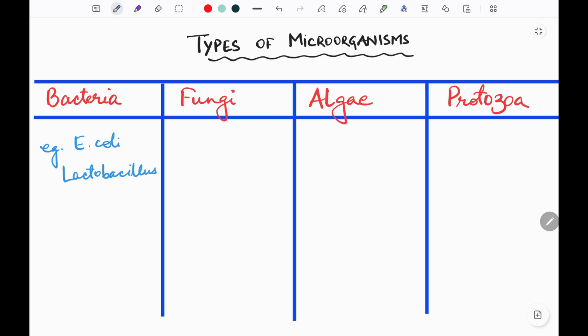Fungi includes microscopic organism that obtains food from organic matter. There are many fungi which are not invisible. They are visible to our naked eye. For example, the mushroom. Those fungi which are microscopic examples are yeast, bread mold,